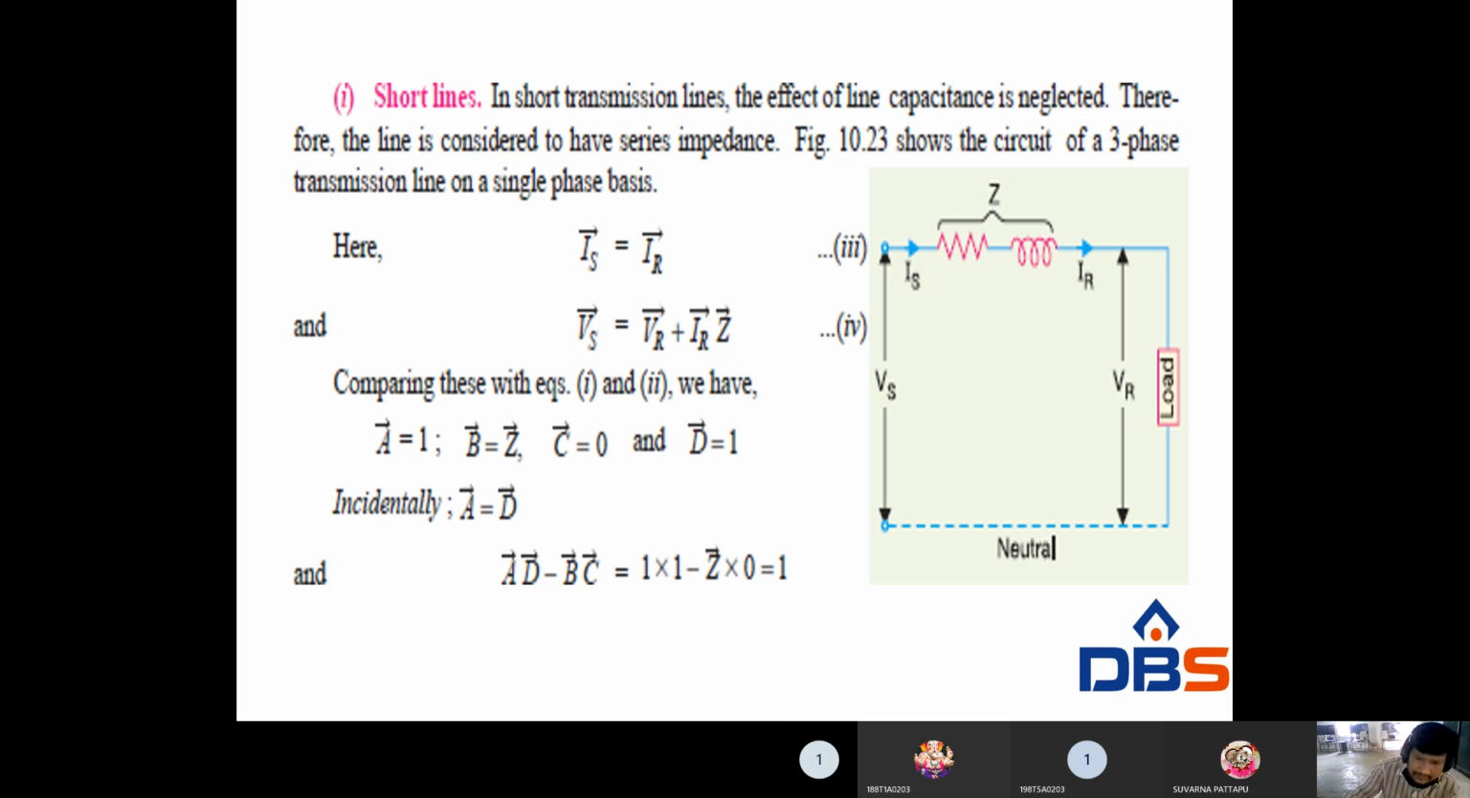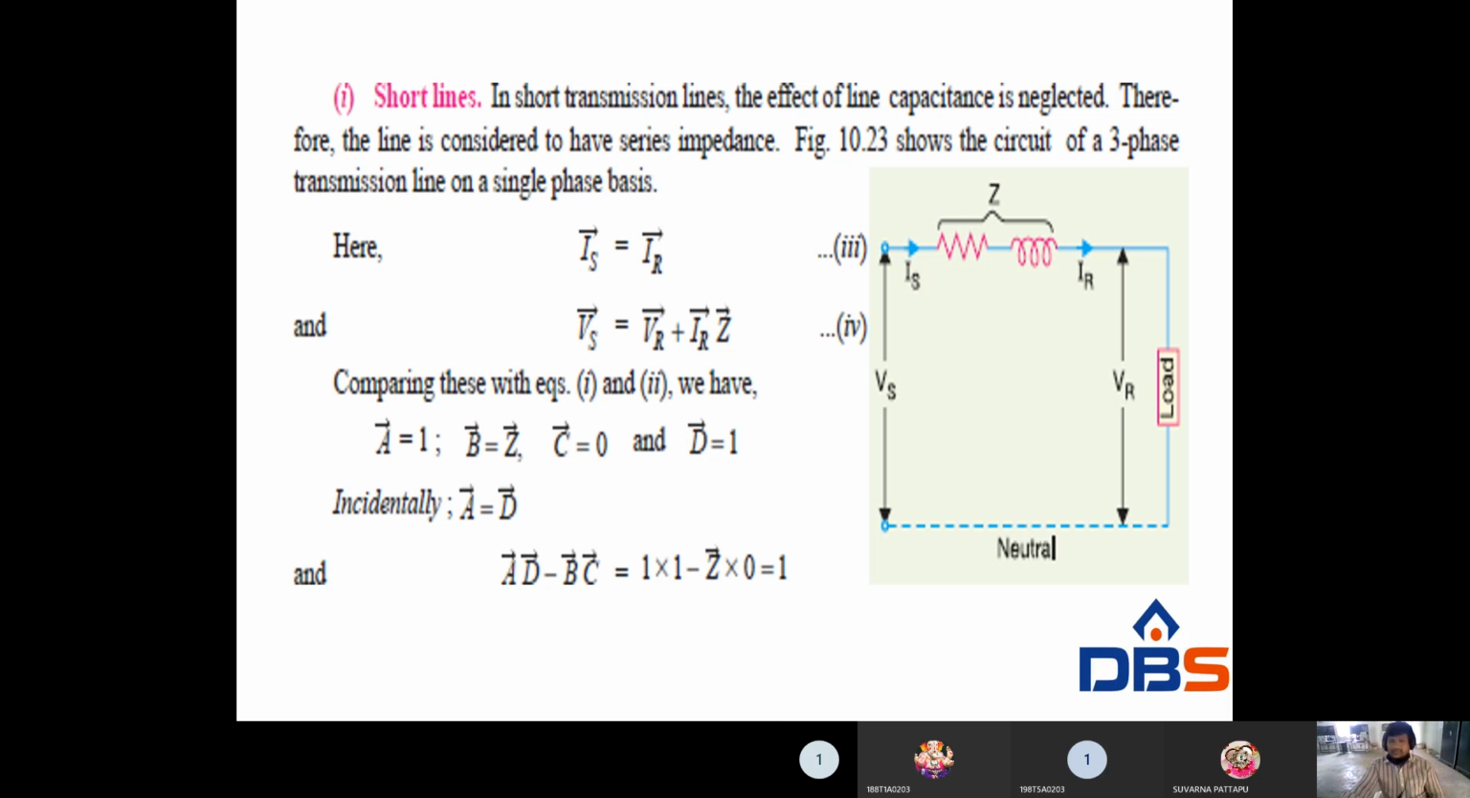So apply KVL first from the circuit. Is is equal to IR. Why? Because it is a series circuit. Now from the circuit, apply KVL. Sending end voltage is equal to receiving end voltage plus drop. Right? From the phasor diagram, clearly we take VR as reference, to it we add IR R plus I XL. R plus jXL is nothing but Z. We take IR common, IR into R plus jXL, that is nothing but Z. So by applying the KVL, from the short transmission circuit, Vs is equal to VR plus IR into Z,